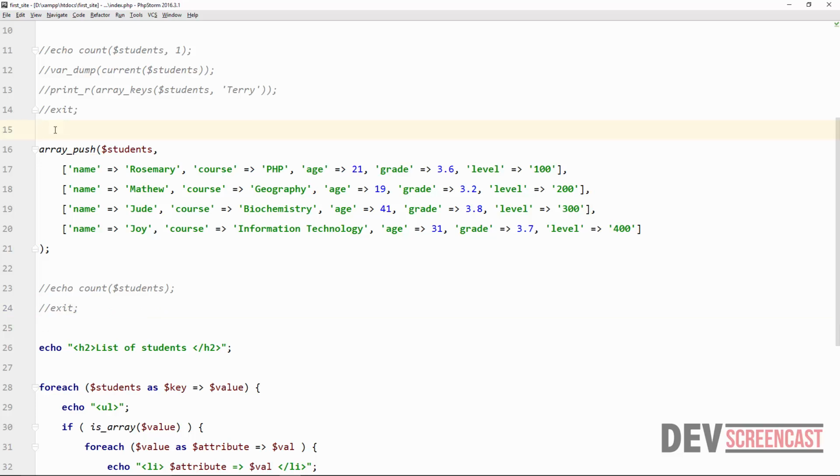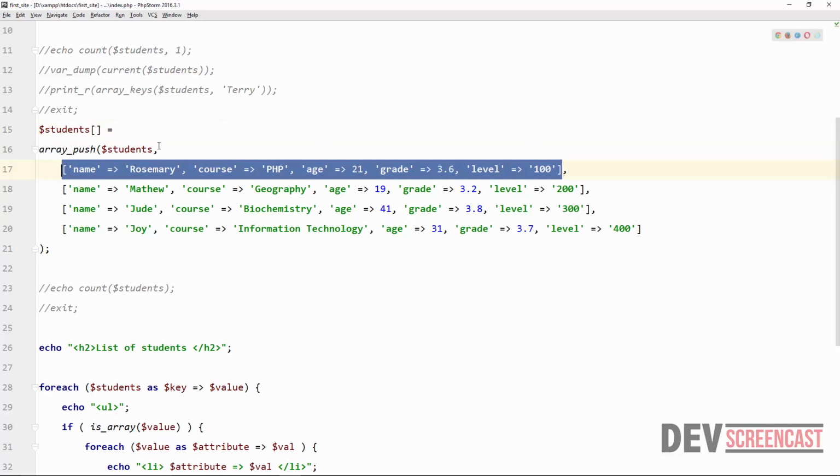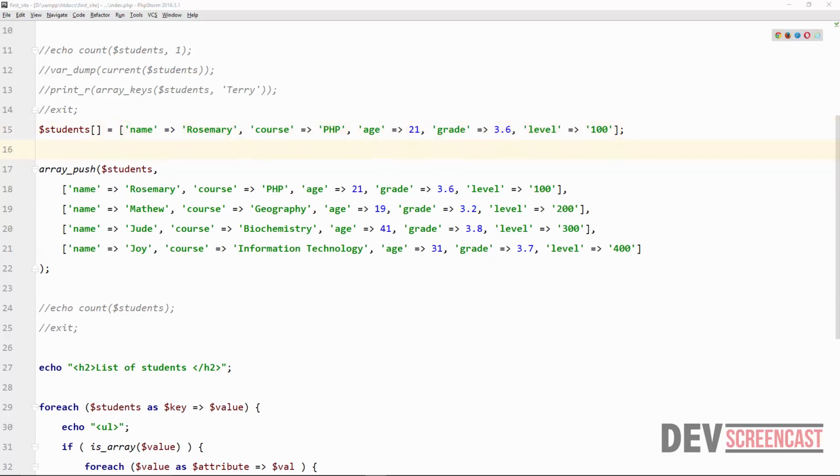So what we'll do in that case is call students, then open and close bracket, and pass in another array or just a value like so. And mind you, this is for a situation where we just want to add 1 value to this array. I just need to do this using the square brackets for performance reasons. It is more efficient than the resources needed to call a function. If I change this and then refresh,